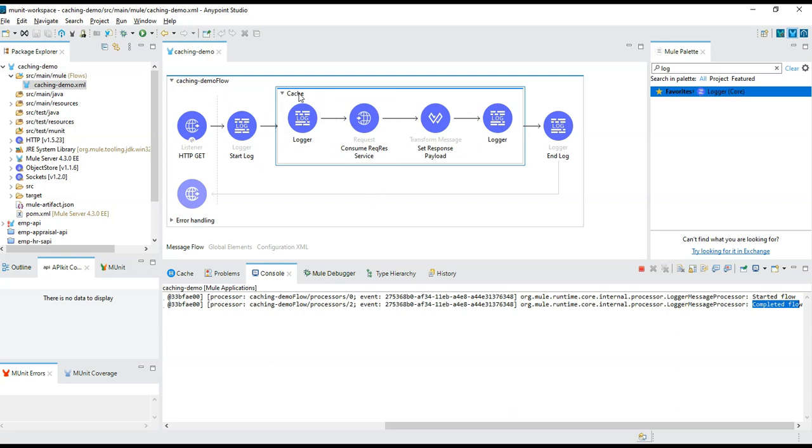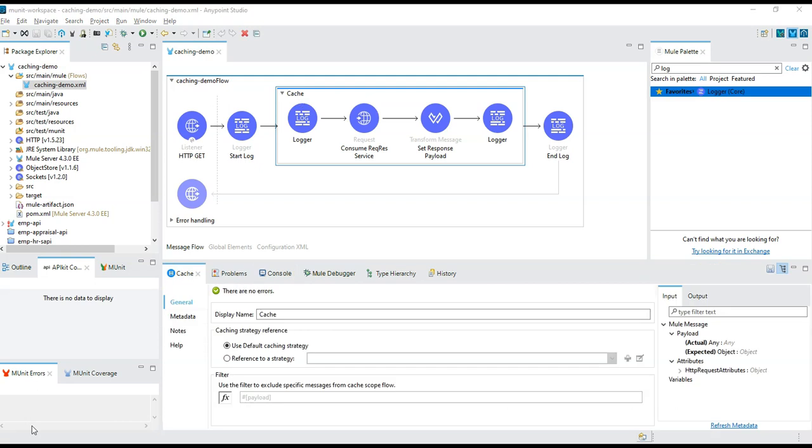Coming to cache scope, we can have a doubt about how this cached memory or cached values will get freed. By default, caching keeps the data in memory, that means the heap space of RAM. Whenever we restart the application, the cache scope automatically clears the data inside the cache. We can also store the cache data in persistent storage, but we need to use the object store inside the cache to store the data persistently.